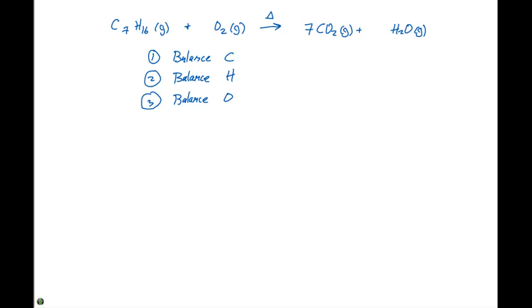So we need to put an 8 in front of the water on the right-hand side. Now we need to count up our oxygens. We have 7 times 2, or 14, plus 8 times 1, or 8. And 14 and 8 is going to be 22. So in order to get 22 oxygens on the left, we need to put an 11 in front of the